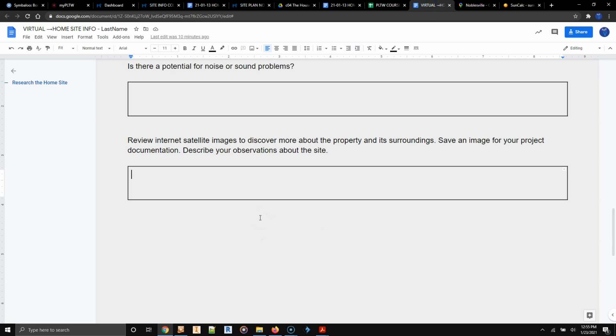So screenshot of what you see in Google Maps and describe what you would do with the lot, what makes it attractive, what are some problems you're going to have to deal with. All right, that is a complete walkthrough for this assignment. I know that was kind of lengthy for a video, but if you followed along and put your thoughts as we progress through this, you're done with this